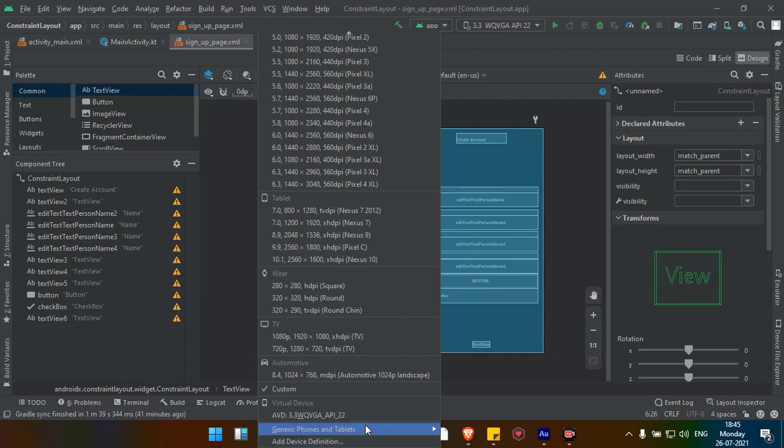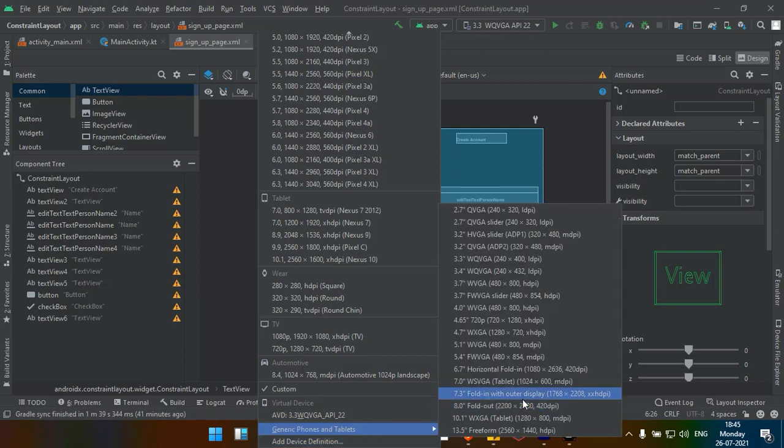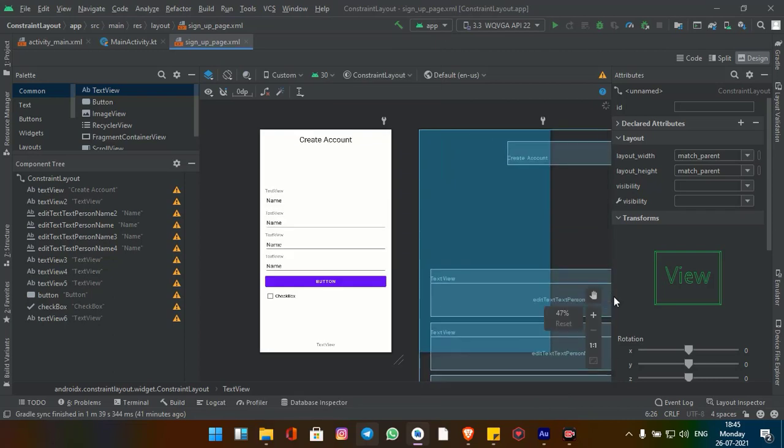Okay, as you can see here, generic phones and tablets. We have tons of small devices here. So let me choose, as you can see, 480 by 80, and if you choose it, then you can see